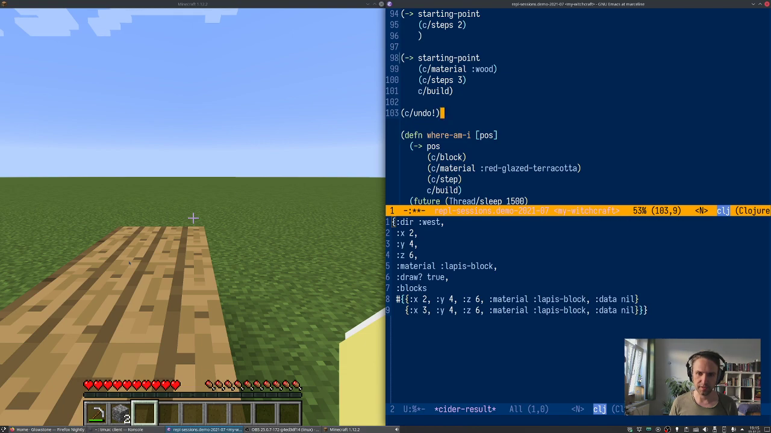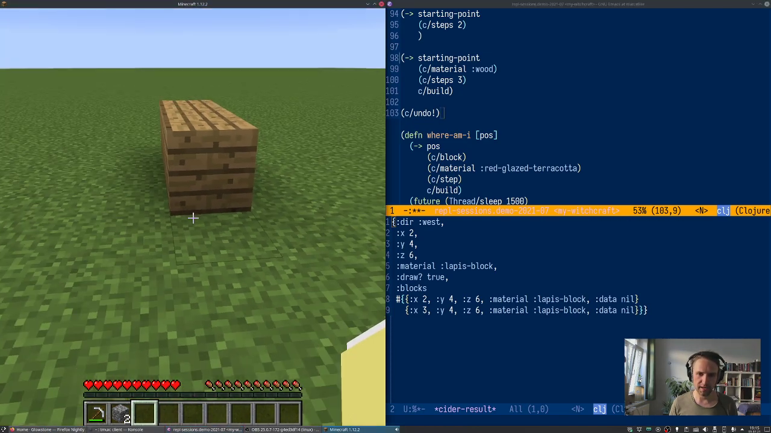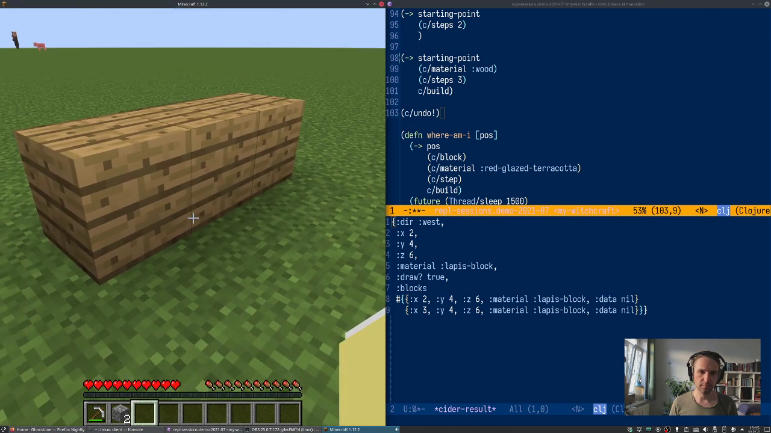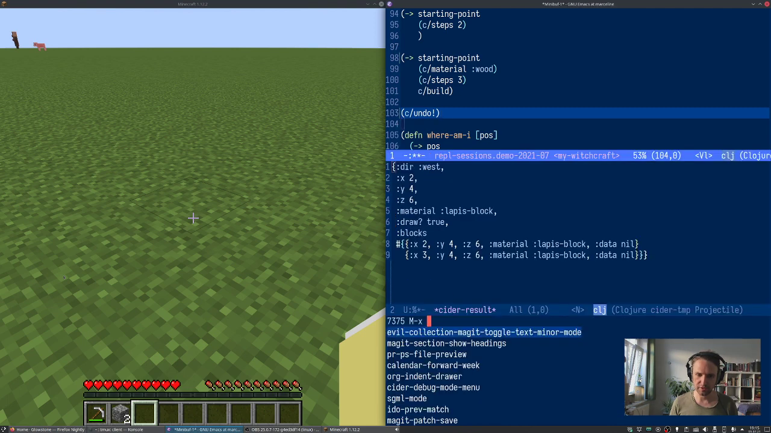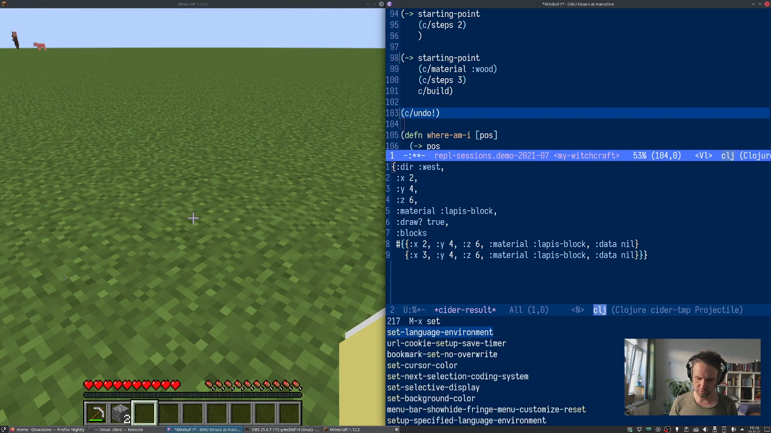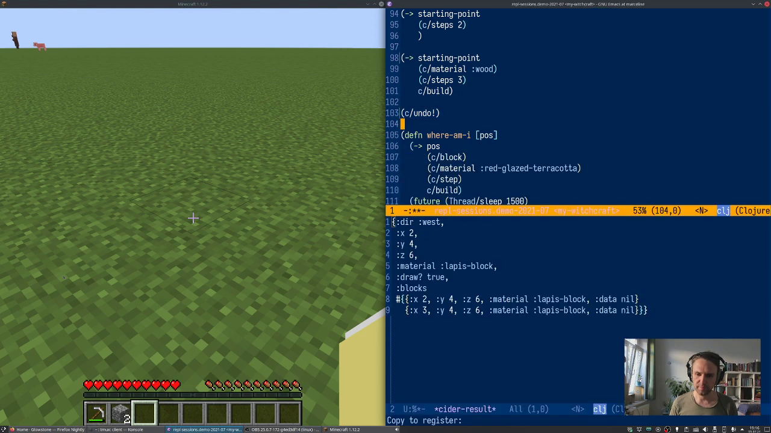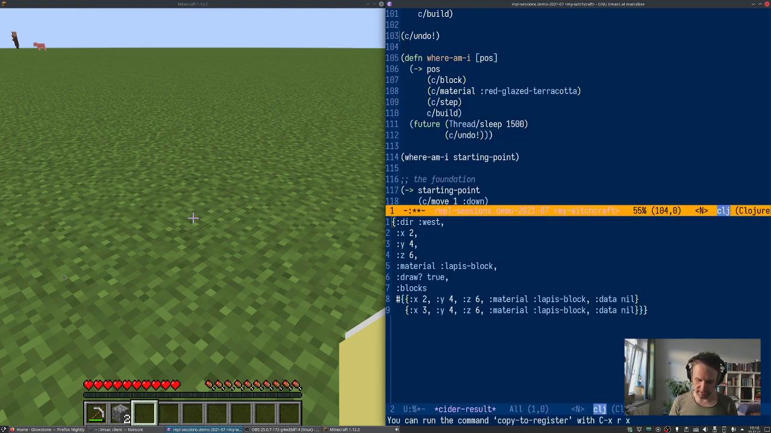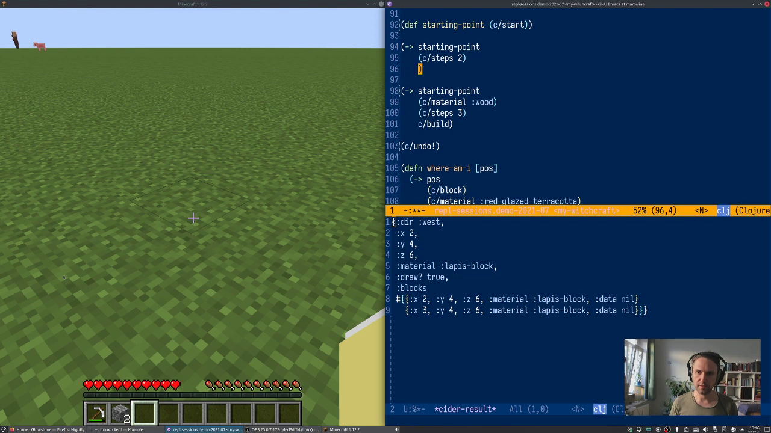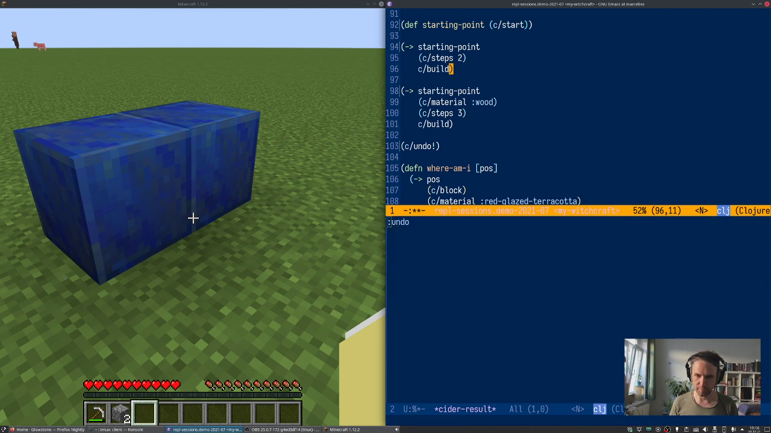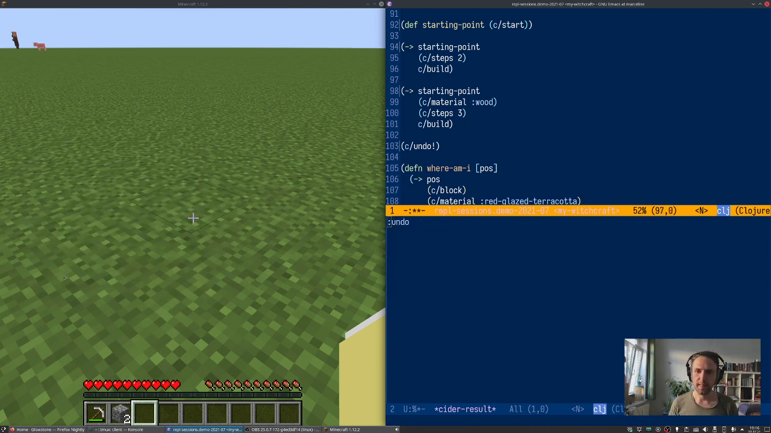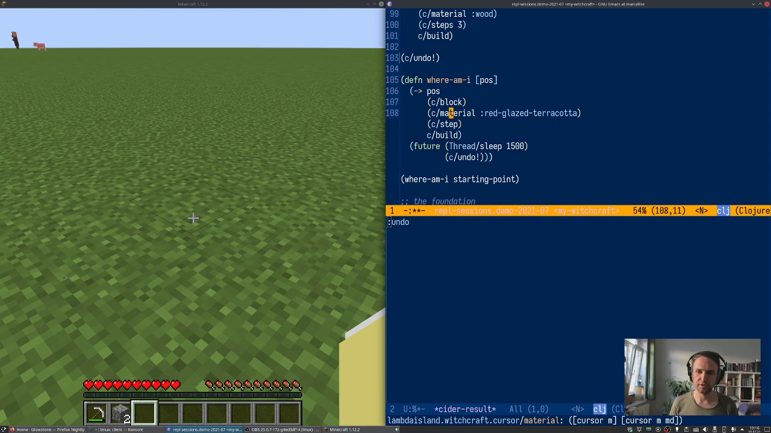Now what's also fun is that if you use this cursor API, there's an undo function. And if you're using Corgi, my Emacs distribution, then you can say copy to register, and I'm going to copy this to the U register, and then let me build these couple of lapis blocks, with comma U, I can undo that. So that's really nice for interactively